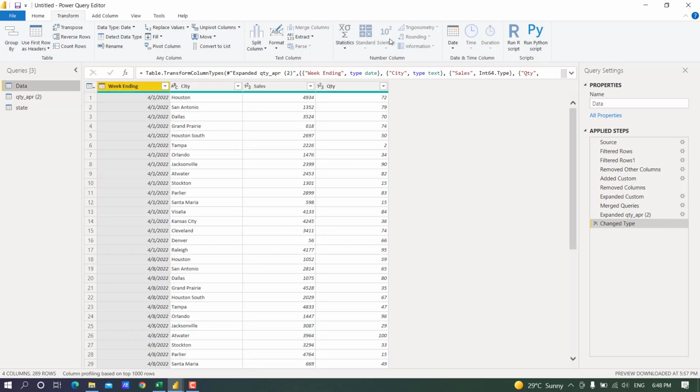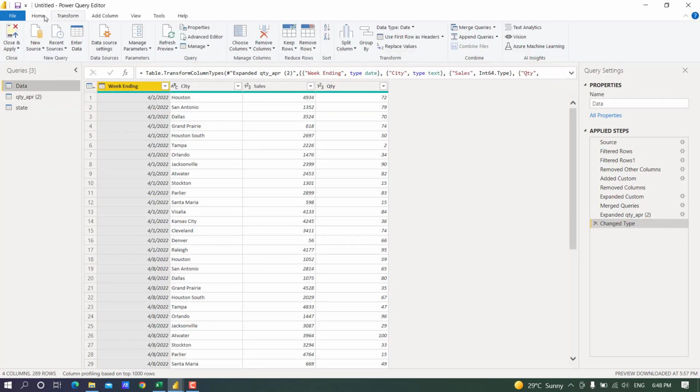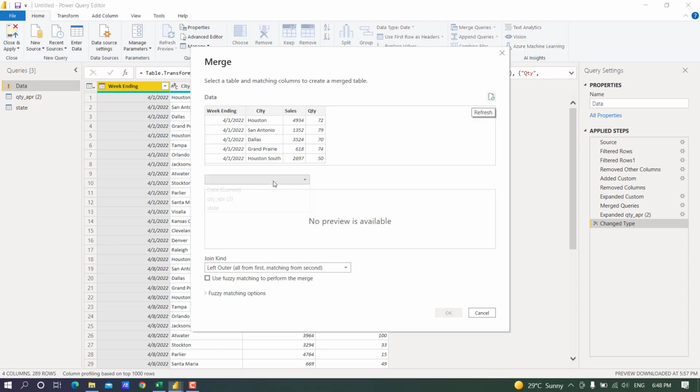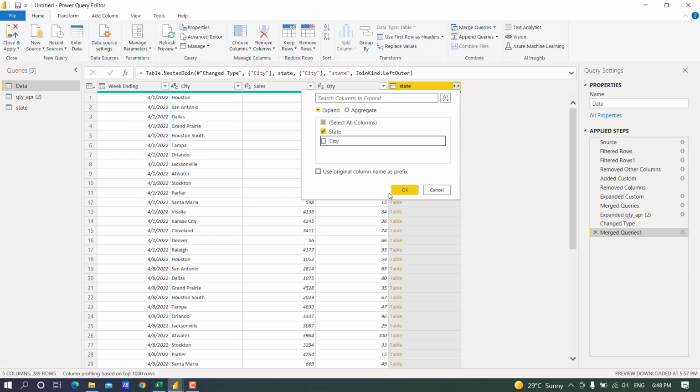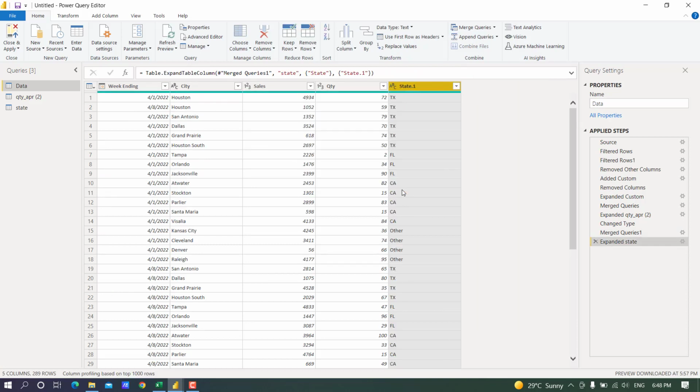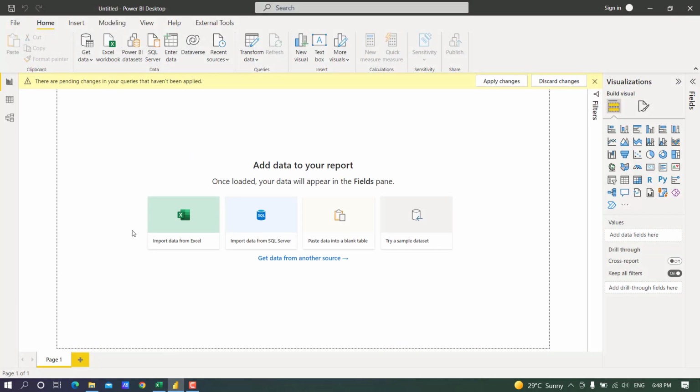This time I will combine again the data with the state. Merge query, state. I will connect city with city, and from here only I will get the state. Here now we have the state. So if I close and load,